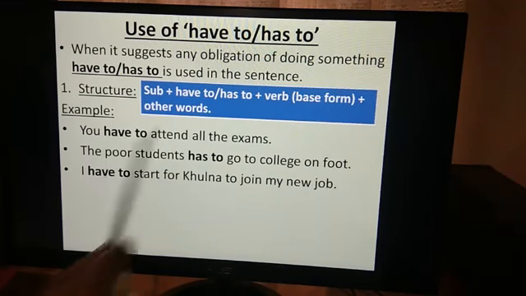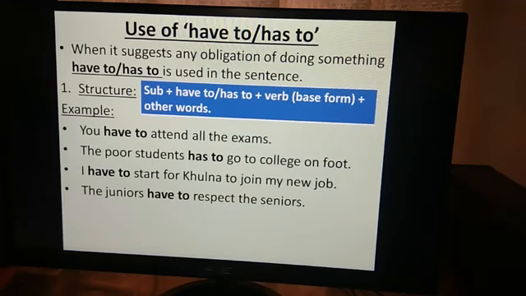I have to, verb start, these are other words, extension. Okay, the juniors, subject, have to, between have to and has to is used. Respect, verb in base form. The seniors, other words. Okay, next,